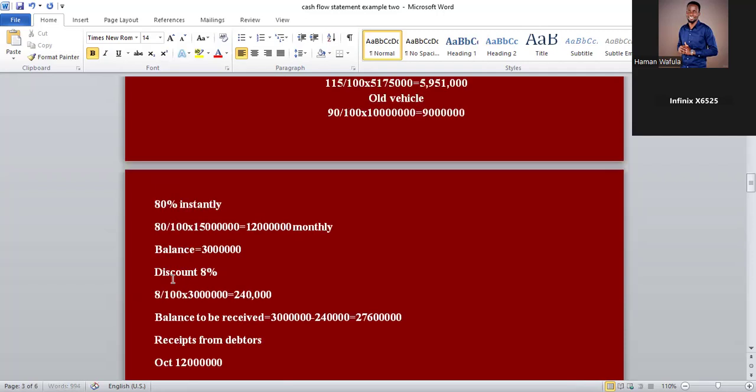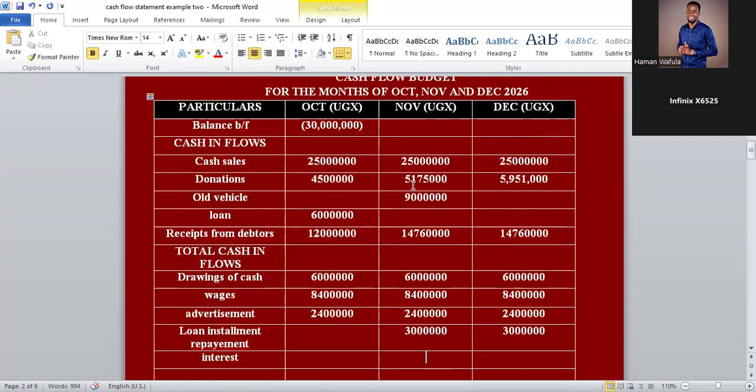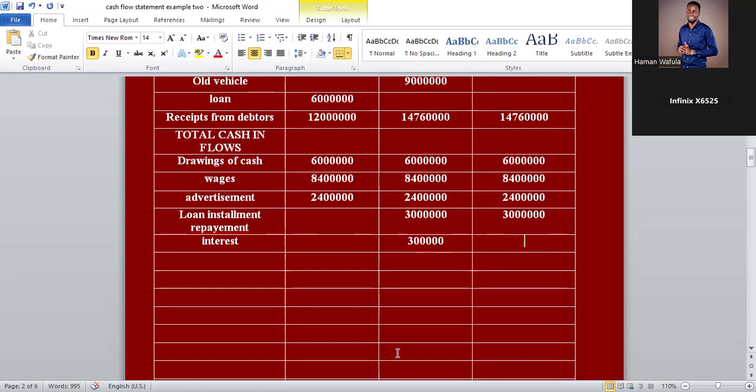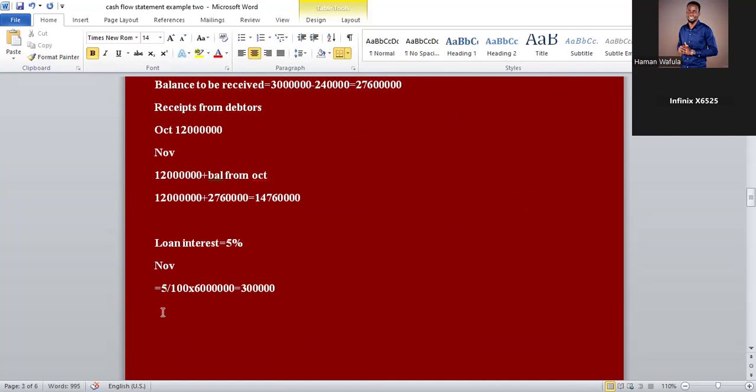So kitegeeza interest wa November is 300,000. Kati we tugenda mu December, since bagambye reducing balance. Nga tubadde tebagambye reducing balance, interest ya December zandibadde 300,000. So since bagambye diminishing balance, tezigenda beera zezimu. So wano for December kyetugenda okukola is going to be 5/100 times